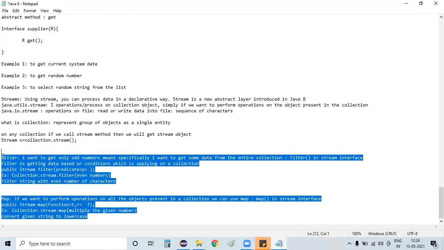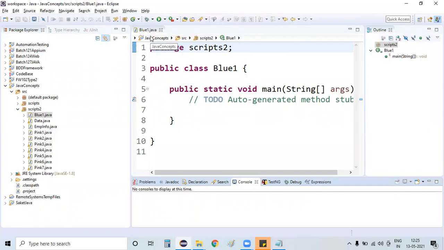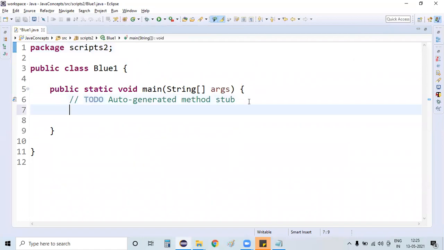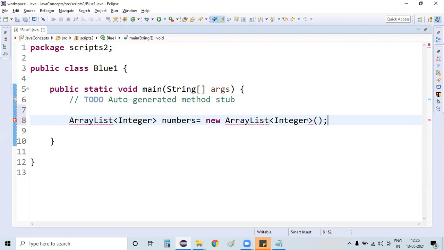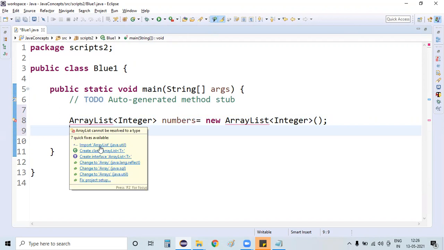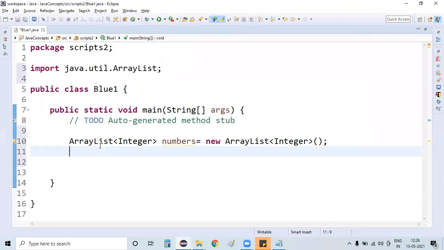Let me go back to my Eclipse editor now and try to create a collection on which I want to apply this stream filter as well as the map methods. Let me switch to my editor now. I just created a new Java class with the name Blue in this scripts2 package. Now let me create a list in which I want to store a group of integers. So here numbers, new ArrayList of Integer. Import this java.util List